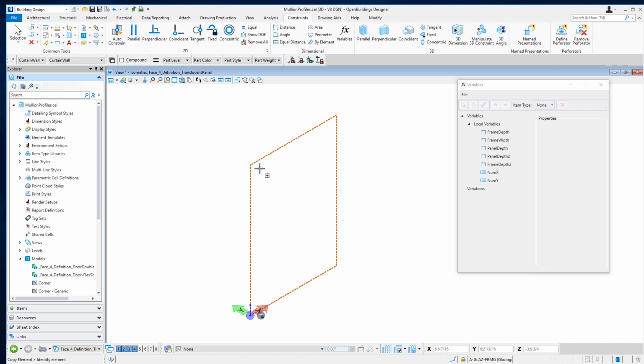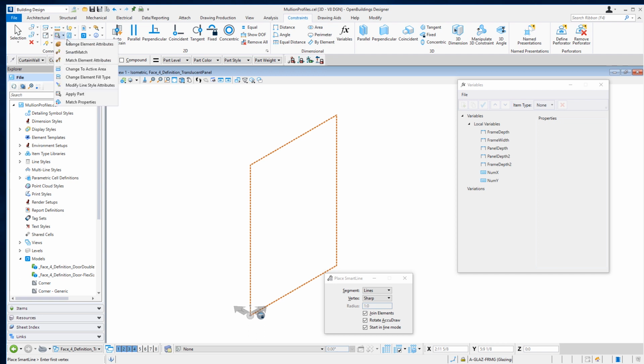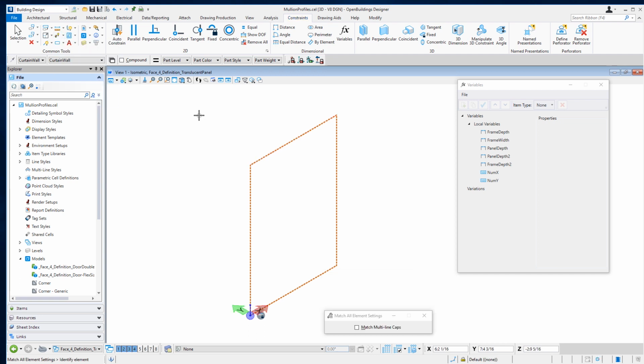So I'm going to start by creating that gridded frame. And I'm going to do that by creating a line at 2 edges of the panel, linking them to the shape here so that they are always the same length, and then extruding those into solids for the frame and then arraying them along the path. So I'll start by drawing a line. I'm just going to make sure I'm matched to my construction there, and then